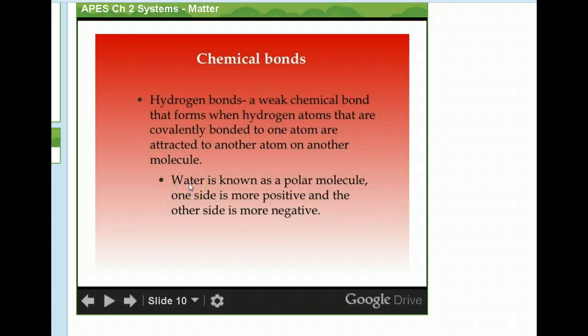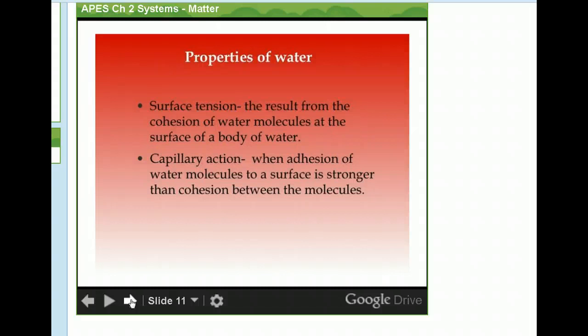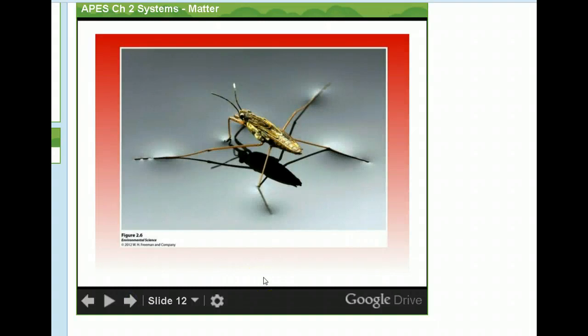Water, because it has that cool shape and a partial positive and partial negative side, is called a polar molecule. Polar means it has two poles, like North Pole, South Pole. That means one side's positive, one side's negative. That's what polar stands for. It helps a lot of animals and helps us for water to have cool properties. As you can see, this water strider, a little bug, is able to stay on top of the water because the water is sticking to itself so much that it won't let the legs of this water strider go down through it.